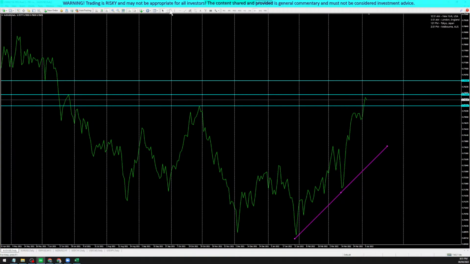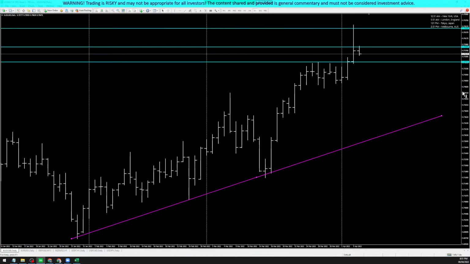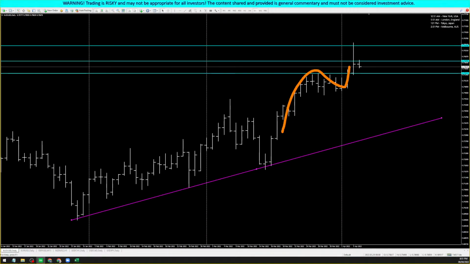So ibig sabihin, I'm still an intraday trader wanting to know if the price can move in our favor. Okay? So in that case, let's see. Do we have small waves there for the price to go? I'm seeing this is becoming really a strong ceiling right here, right? It's becoming a strong ceiling.